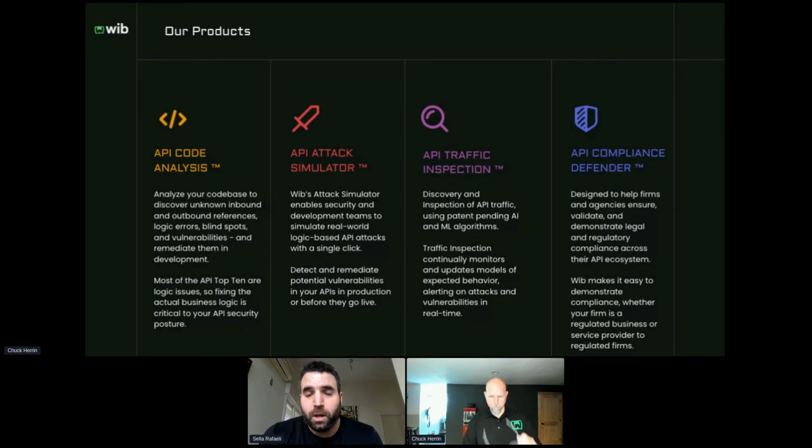So our attack simulator is essentially an offensive weapon, an engine with an offensive capability, where you point it at an API and it launches all possible attack vectors against this particular API. So attacks customized for this particular API's logic and structure, and it returns a list of issues and ways to hack this API. If you feed it a list of endpoints or a definition of a session of the API, it fires all possible variants of ways to hack this API.